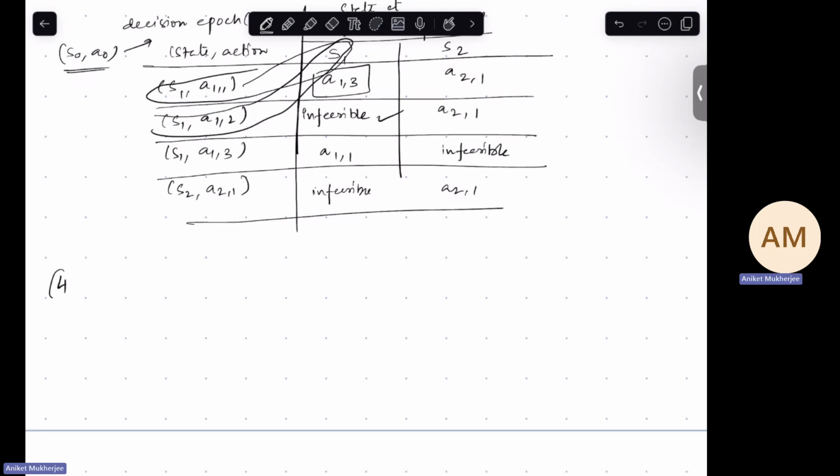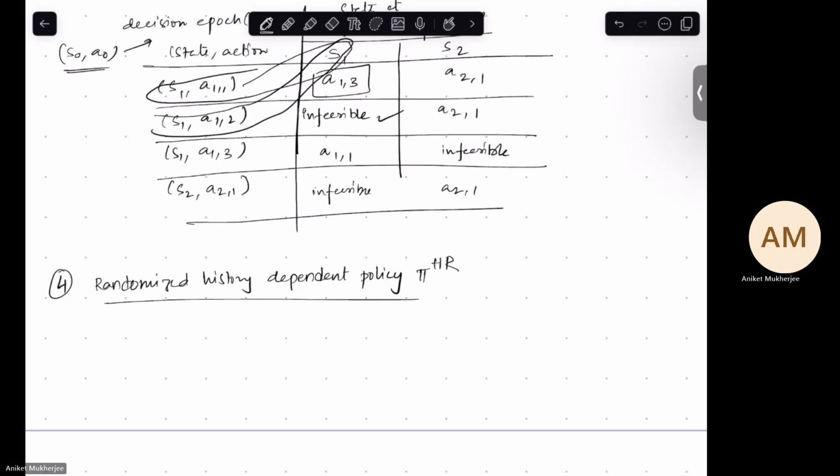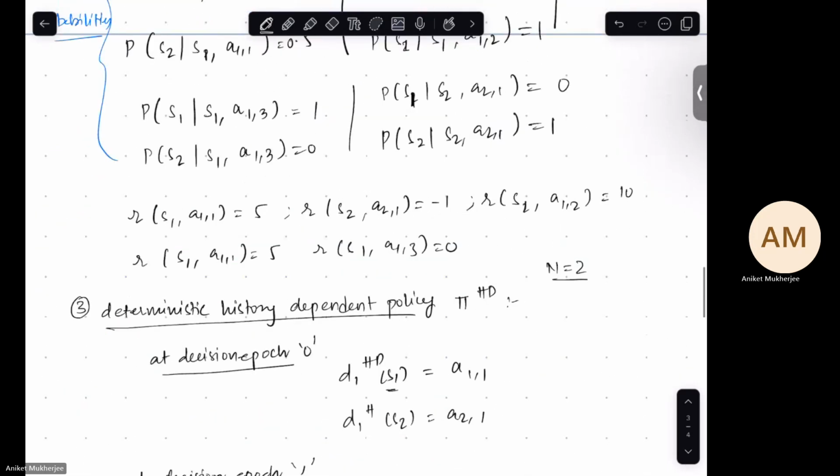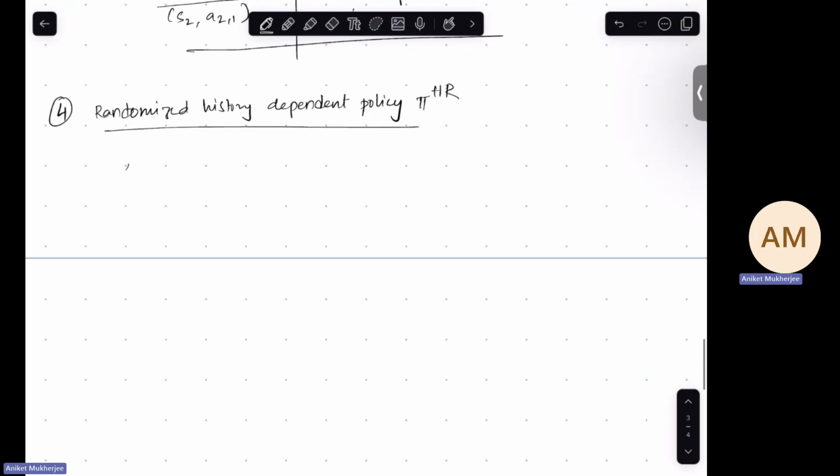Okay. Similarly, you have randomized history dependent policy. So at decision epoch 0,